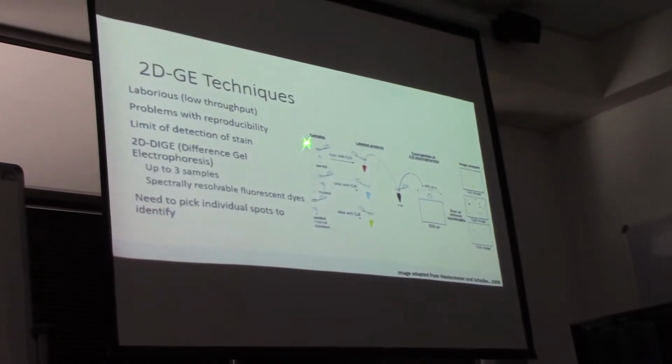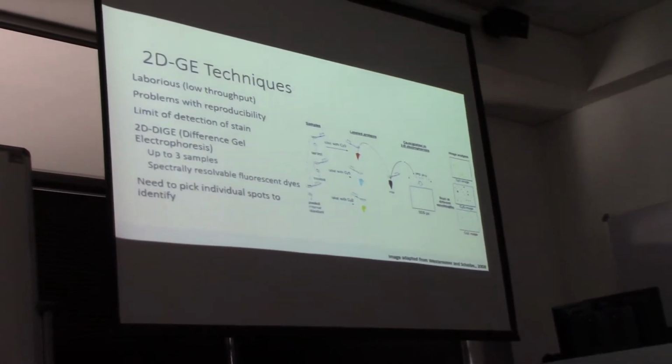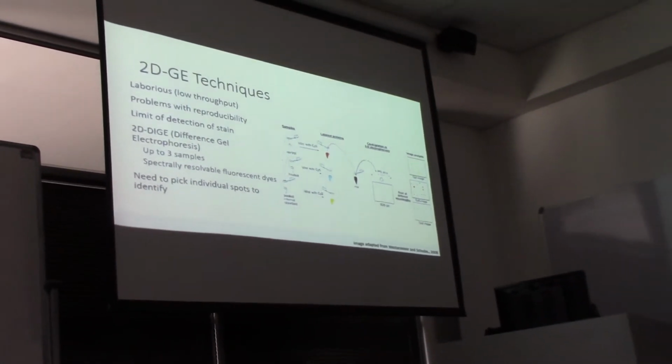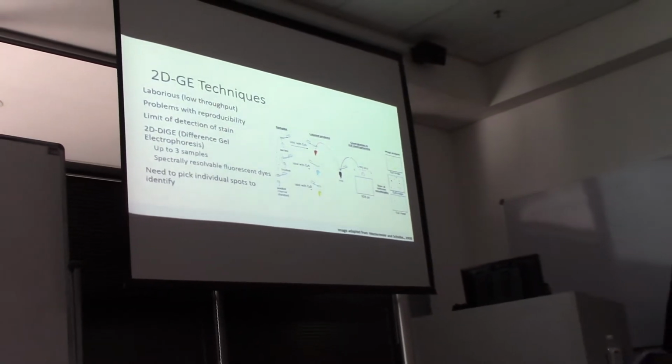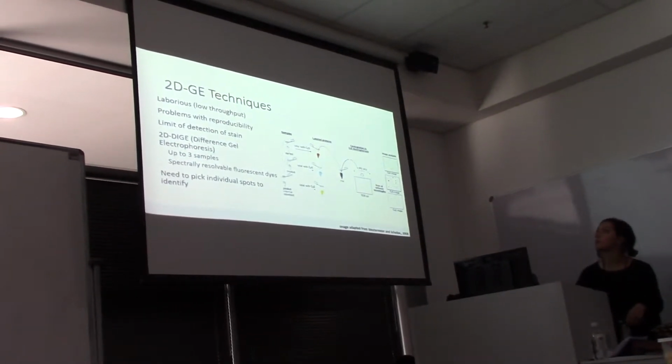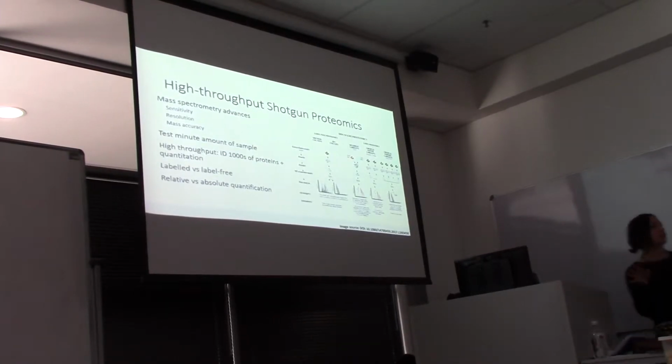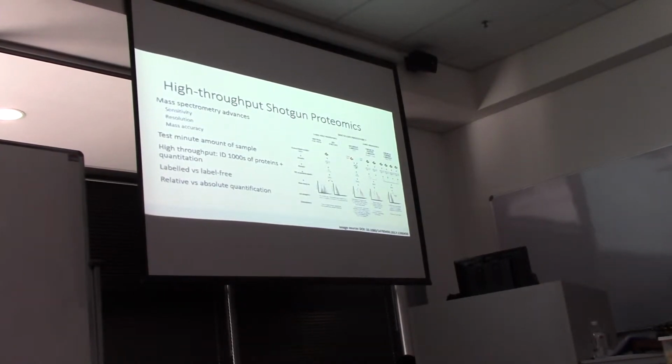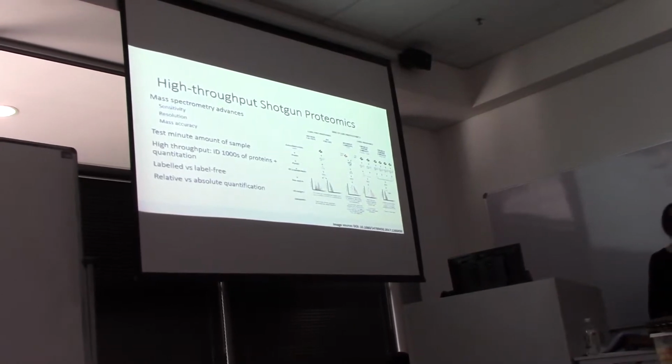So this is quite nice because you can actually pool and you only run a single one. You have less problems with variability. But you need fluorescent dyes, it's more expensive. Is it more expensive than running 100 gels? Probably not. So that's 2D page, which is used very routinely, but we are moving through high throughput now